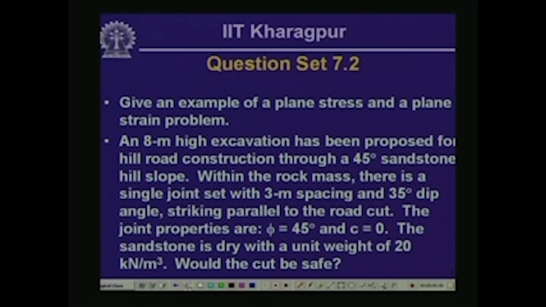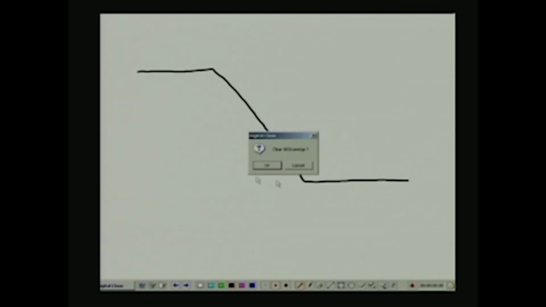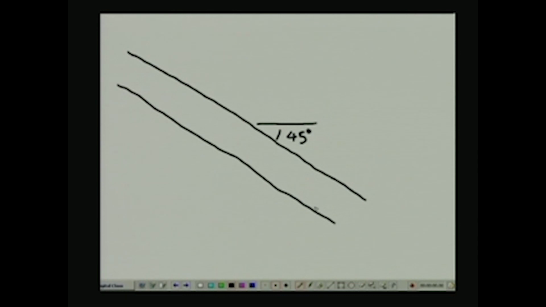So let's draw the configuration then. So what we got here is a hill slope like this, and this angle here is 45 degree, and the sandstone has got joints in it, and these joints are a little bit shallower dipping than the hill slope itself. So the joints are like this,